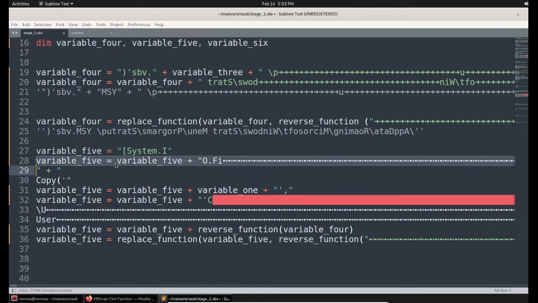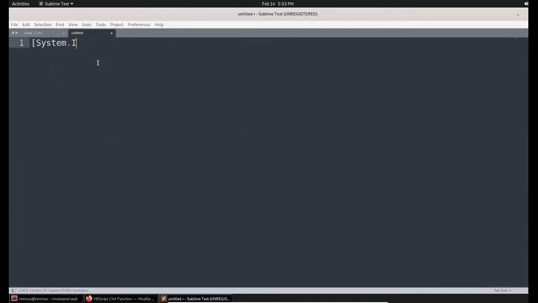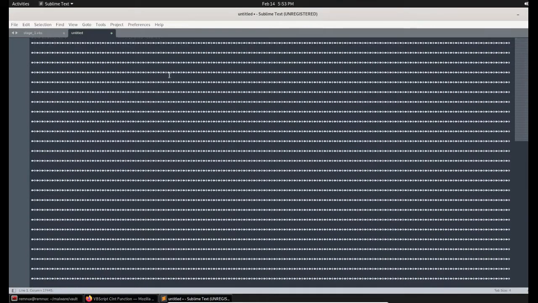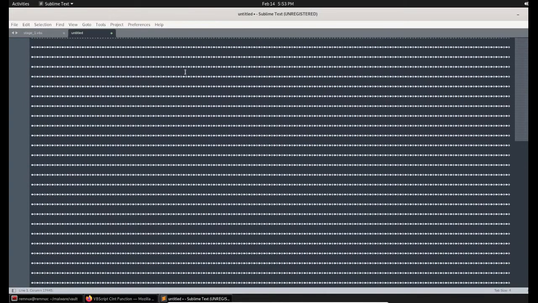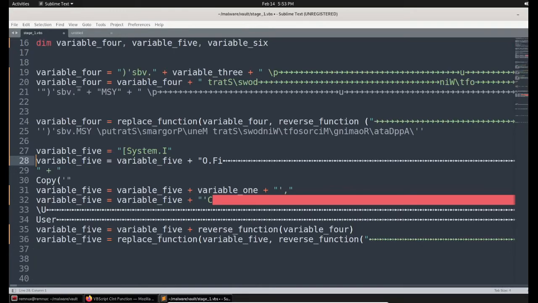Let me copy from the plus sign till the end and paste it here. If you see, it's simply non-printable characters to confuse the antivirus. So here it is. Now let's go to the next one.